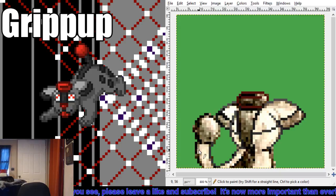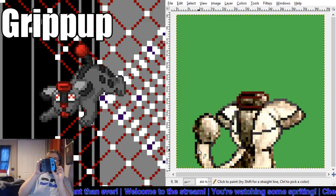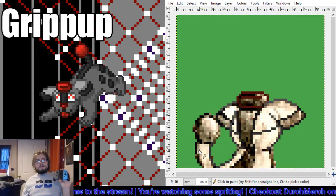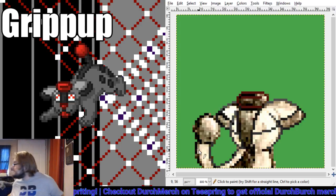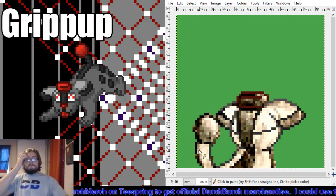So, I take my Joy-Cons off my Switch. Oh, Switch is still on. Okay, so people saw this and said, man, that looks kind of like a dog. So what we did is we took it and we made it into an actual dog. And so you can see the ears are kind of inspired by how these hang off. But the evolution is the one that actually looks a lot like this. Grippup itself is more based on a joystick. You look at its tail. But the evolution, Switchhound,